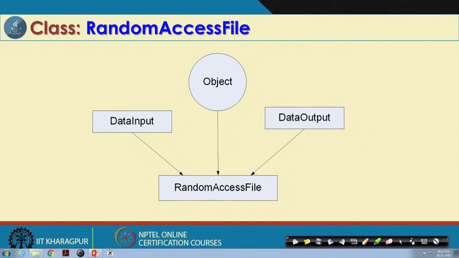So, basically we can say the random access file concept is a general overall file concept. It can be used in either read or write mode. It can be used to access items in a byte stream form or a character stream form, and it is also simultaneous input and output. So, it is a more generalized form.